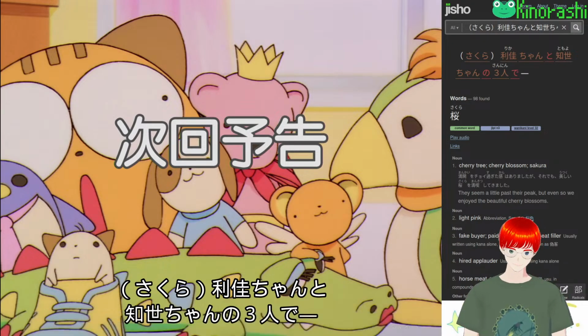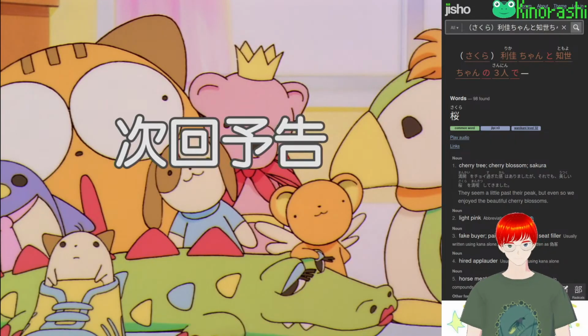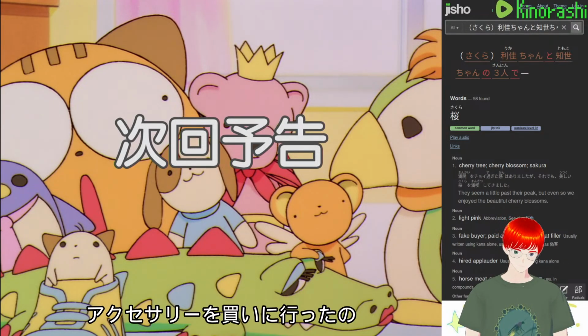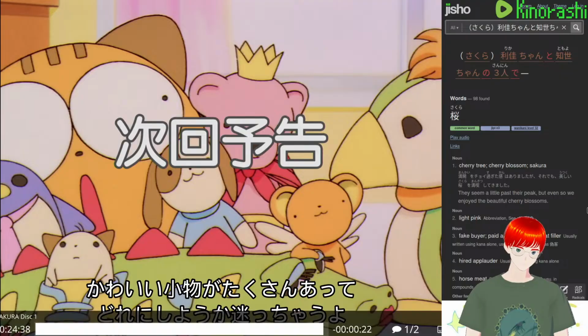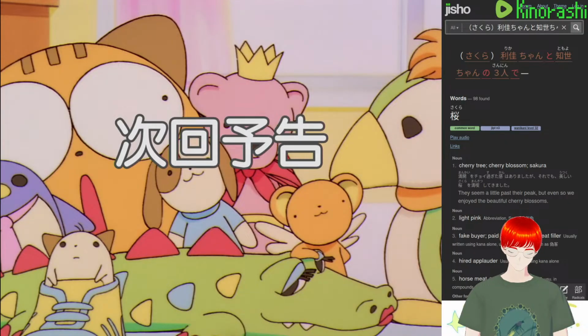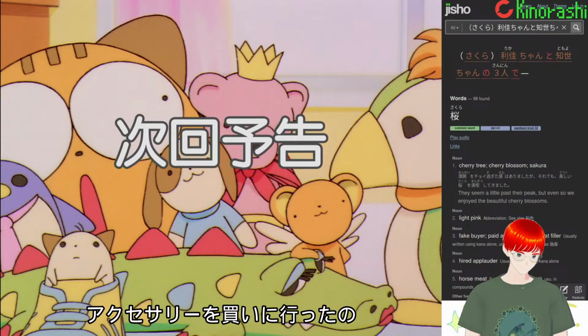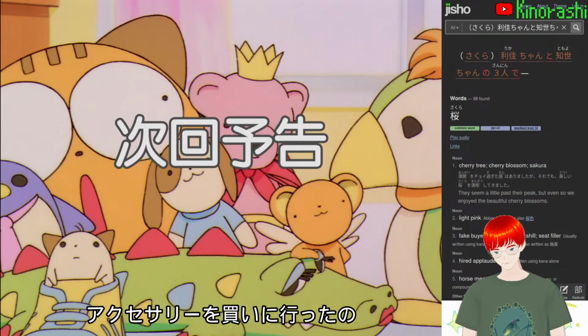So, Rika-chan to Tomoyo-chan no 3人で リカちゃんとともよちゃんの3人でアクセサリーを買いに行ったの。がたくさんあってどれリカちゃんとともよちゃんの3人で See, アクセサリーを買いに行ったの。So the three of us